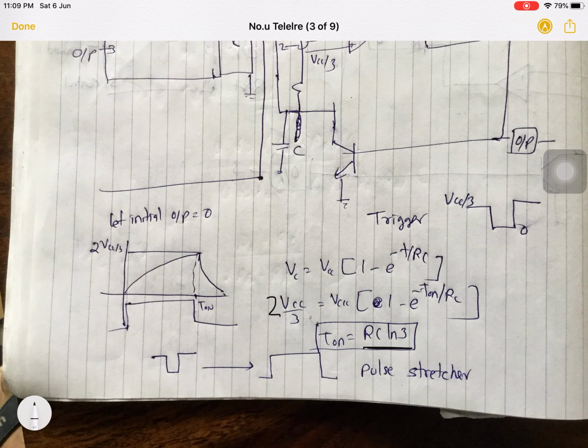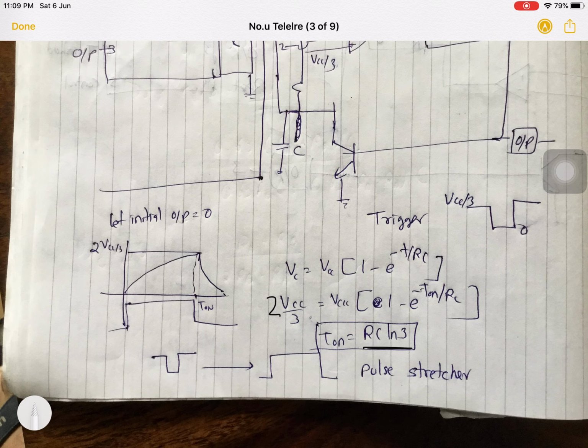One more thing, this type of circuit is also known as a pulse stretcher. I have written it, it is also known as a pulse stretcher. What do you mean by pulse stretcher? The input is a lower trigger pulse. The trigger pulse is of very short duration. I have already told you that the duration of the incoming trigger pulse is very short. The output pulse has a higher time compared to the incoming pulse. So what is happening? The incoming pulse, which has a lower time duration, has been stretched to a higher time duration. So it is also known as a pulse stretcher. So the monostable multivibrator is also known as a pulse stretcher.